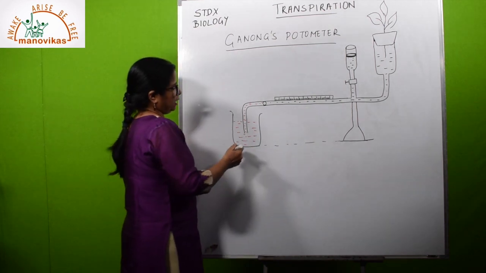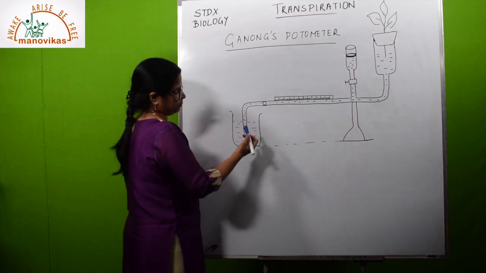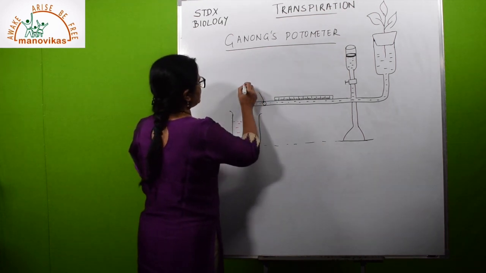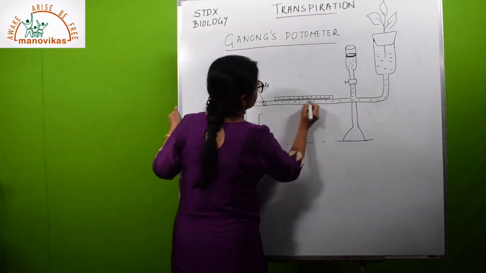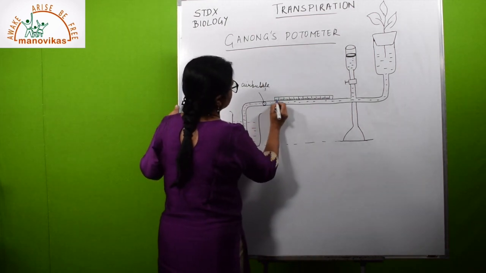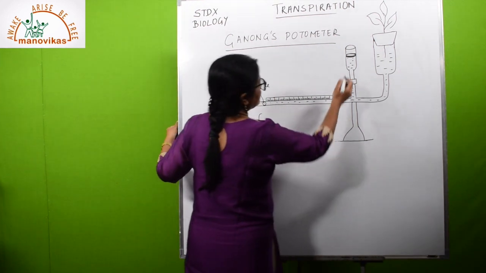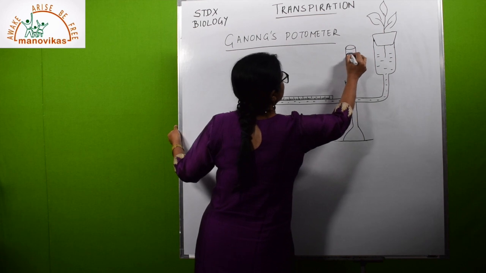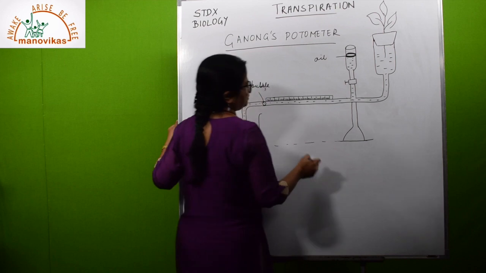Let's see. You can see here, this is the beaker containing colored water. This is the air bubble. Here an air bubble has been introduced. Then we have a scale here to see how far it has gone. The scale can be longer also. So you can see the scale is fixed here. Then we have the reservoir. On top of the surface of the water in the reservoir, this is oil. I'll tell you the reason why oil has been put.